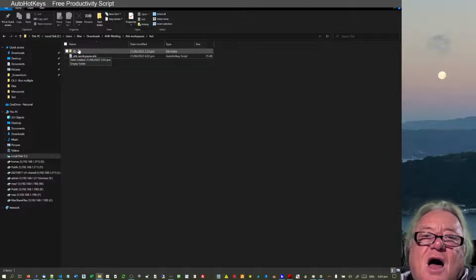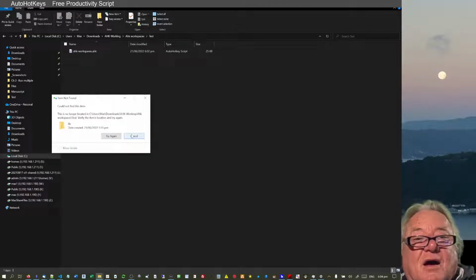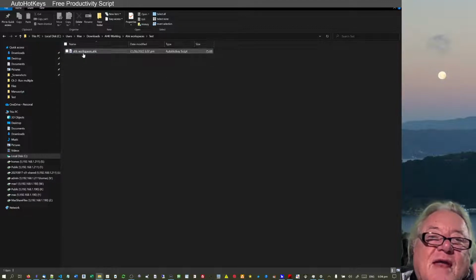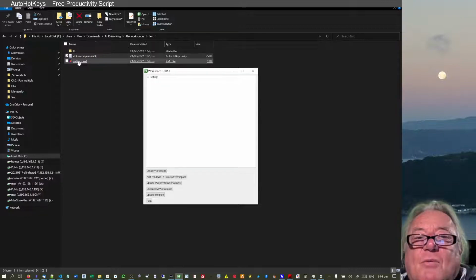We've got this, and it's actually created the library. So it created the subdirectory, but it didn't do anything. I don't think anything goes into there. We deleted it at that point in time. So now if I click on it, we're now running, and you see straight away it's created a settings XML